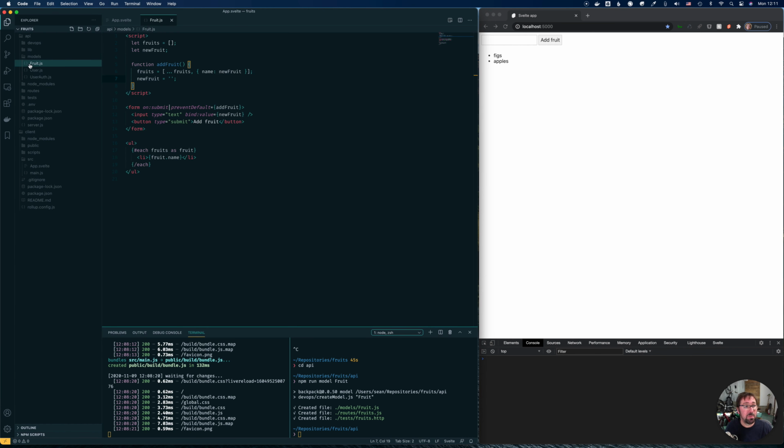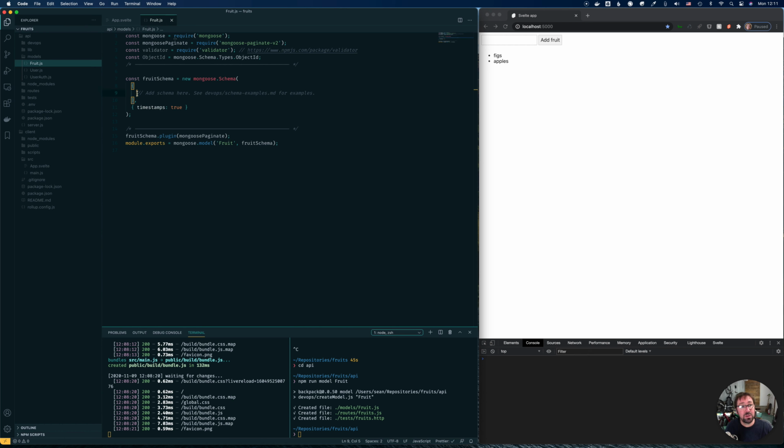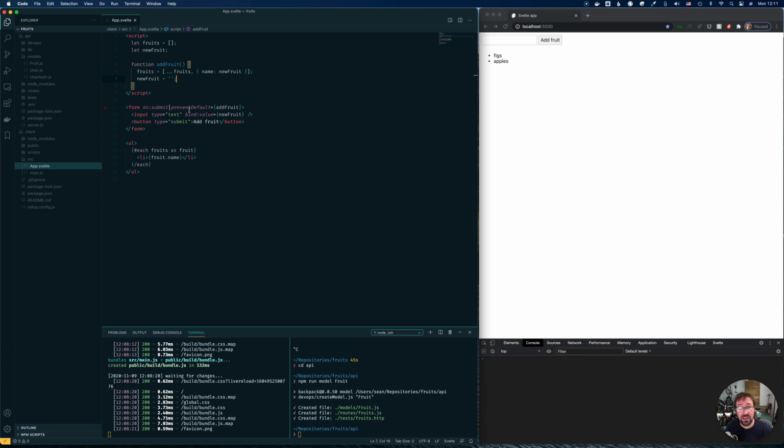Let's also look at the model. In this one, we have to make a change because we need to add a schema for our fruit. Our schema is pretty simple. It's just a name, and that name is a string. So we have literally, after installing Backpack, modified 1 line in 1 file, and now we have all these endpoints